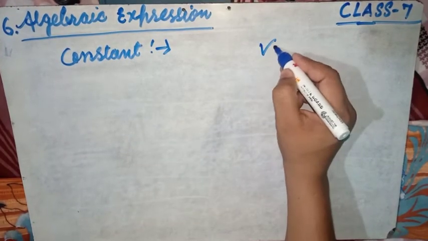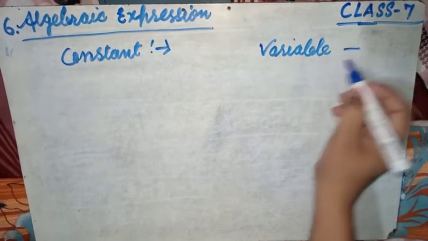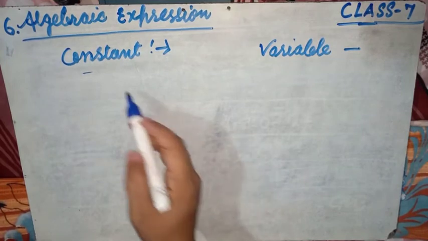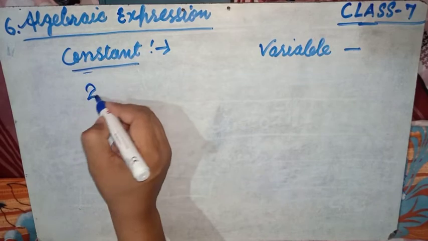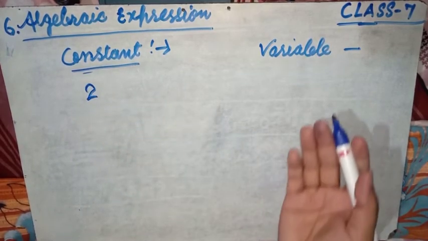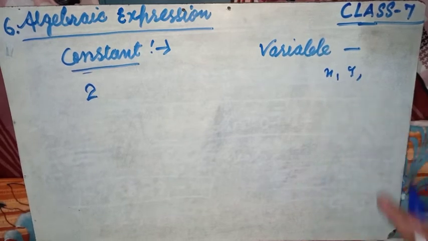Okay, now friends, see, the first point is the constant. So what do you mean by constant? Here is the constant, one thing, and another thing is the variable. Just the vice versa. Variable means बदलने वाला, constant means fixed. जैसे, as for example, suppose 2 cannot be changed. 2 is fixed. And the variable means, suppose the variables like x, y terms maybe, because the variable x takes many values according to the situations.